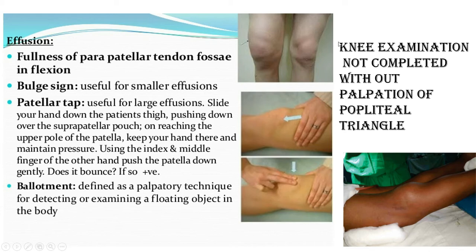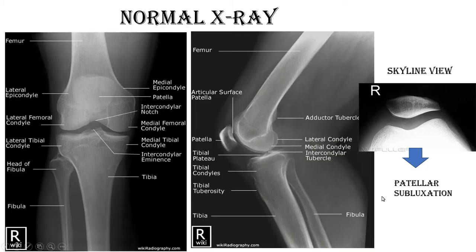Now any knee joint examination is not complete if you do not see the popliteal region. You have to palpate this popliteal triangle to exclude any Baker cyst or pseudoaneurysm over this area, or any bursa, semitendinosus bursa, semimembranosus bursa, or any type of swelling. So you have to check the popliteal region always, because generally that can be missed, but in your private practice, never miss it.